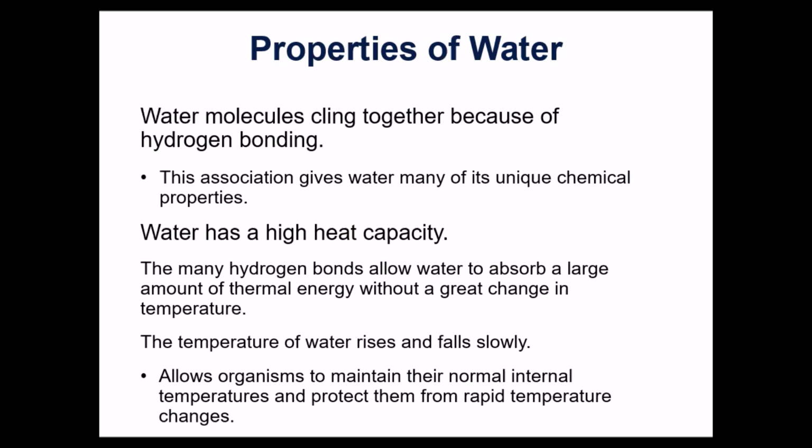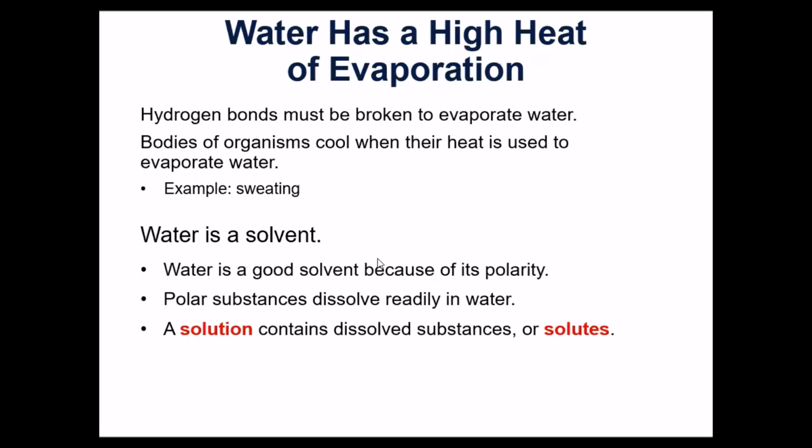We don't need a lot of fluctuations in our body temperature. We want to have that 98.6 degrees Fahrenheit temperature, 37 Celsius, to maintain the chemical reactions going on in our body. And so we don't need a lot of fluctuation. So it has a high heat capacity. Anybody that has a swimming pool knows that, you put your cold water in at the beginning of the season, and it always seems like it takes a long time for that water to increase in temperature. And that's part of the high heat capacity.